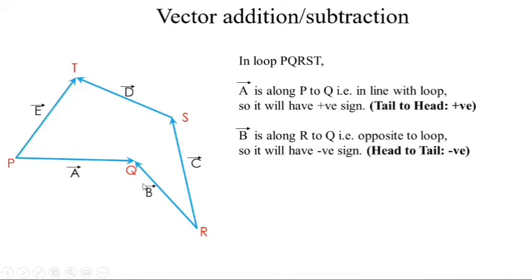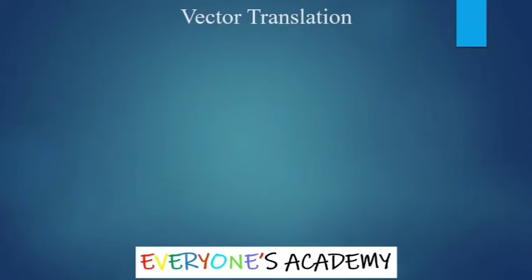So such two vectors are there, one is vector B and the other one is vector E, because in P, Q, R, S, T this vector is in the opposite direction. That is why here we can see vector B is negative and also vector E is negative. All the remaining vectors are positive.